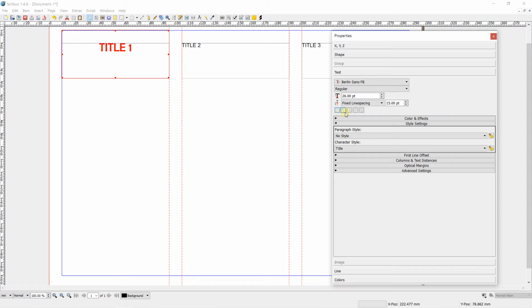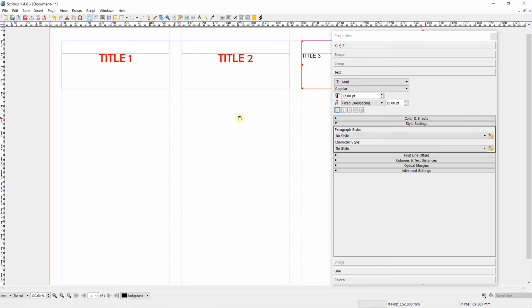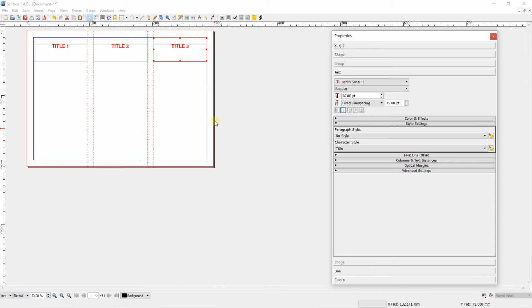So I can complete, for example, with center. I can go on title 2 and change character style with title, and apply center, and here at this level, change character style for title and center also. So we have created a character style.